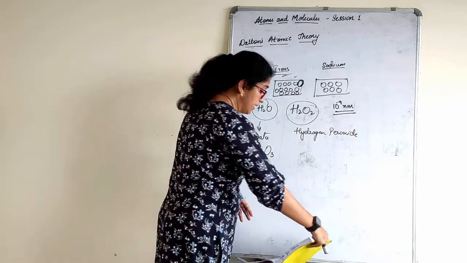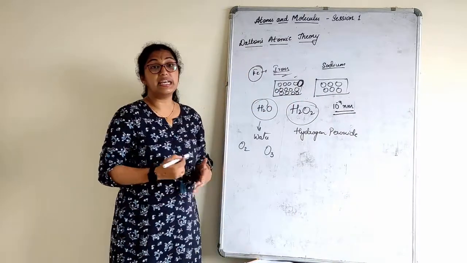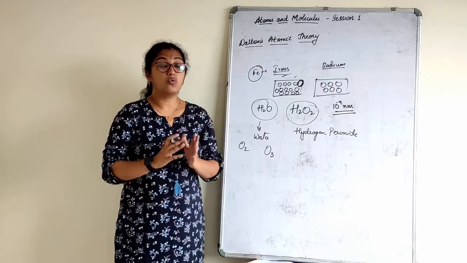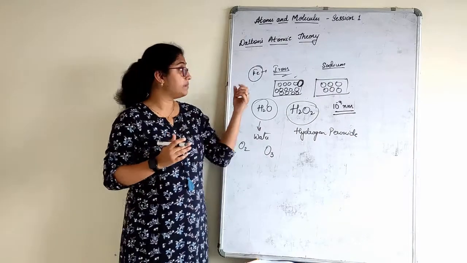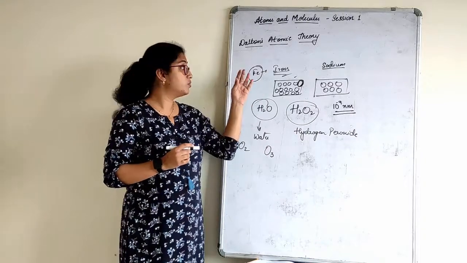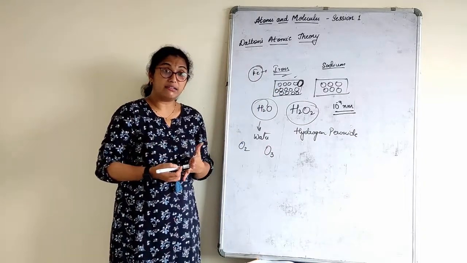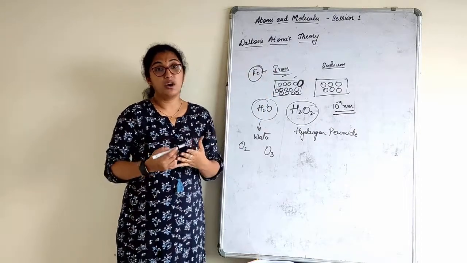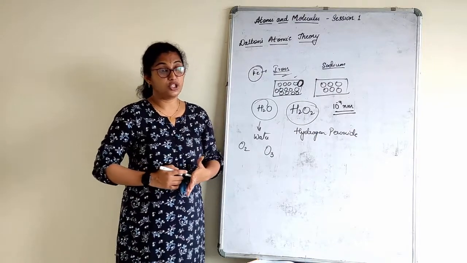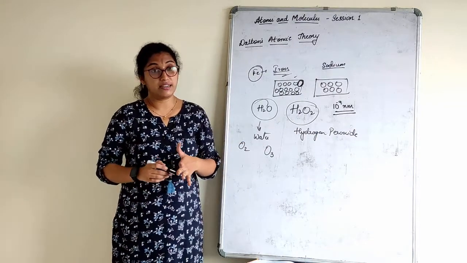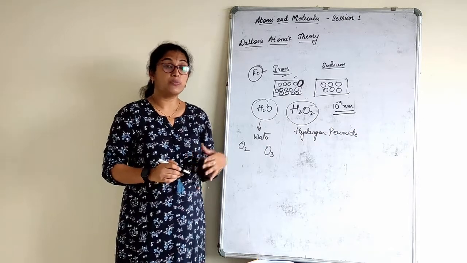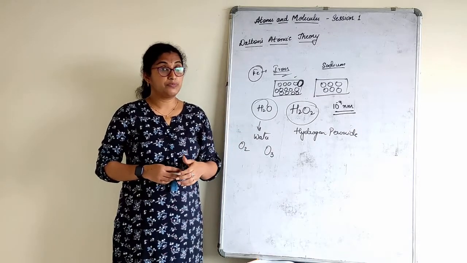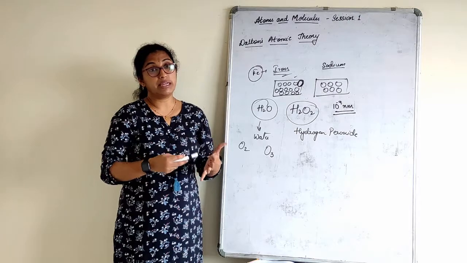Now, the next part in this lesson that we are going to study is elements. What are elements, how are they formed, and how do we name them? For example, iron is an element. What is the symbol for iron? How do we read it? What is the name given to it by taking the first letter or some other form? That we will study in our next session. So this was a basic introduction to the chapter atoms and molecules, where we understood what atoms are, the laws of chemical combination given by Lavoisier, and Dalton's atomic theory. In the next class we will study more about elements and molecules.